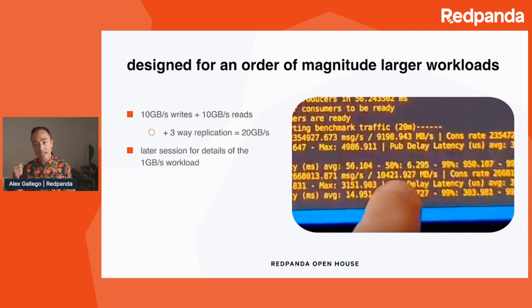I was like, do we show the 1 GB, the 10 GB, the 40 GB, and so on? And I think for most workloads in the world that you are working with right now, the majority of people really do fall within less than 1 GB per second. But we also wanted to prove, well, why not 10 GB per second read and write? And maybe at the next open house, we'll show a 200 GB per second aggregate throughput to continue to break some records in our cloud. Again, stay tuned for a later session with Tristan and Steven on this.